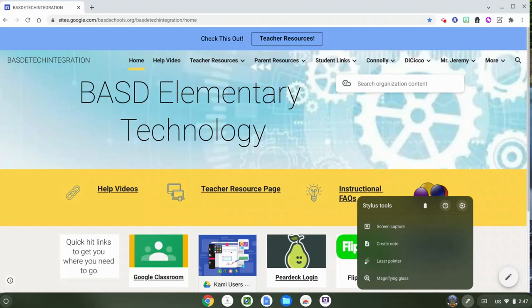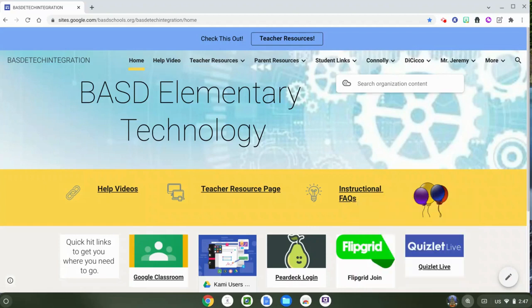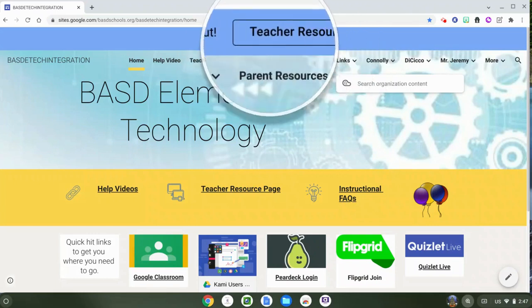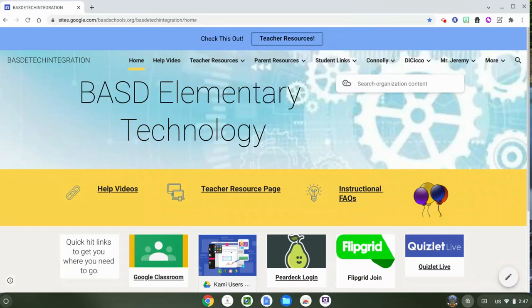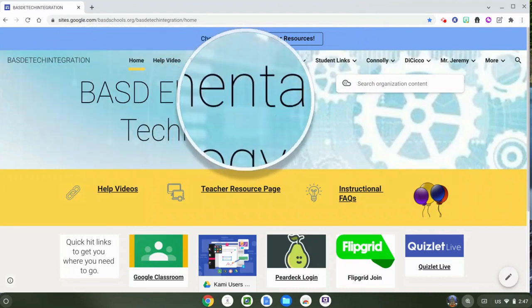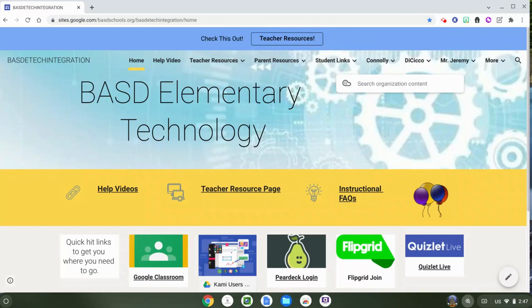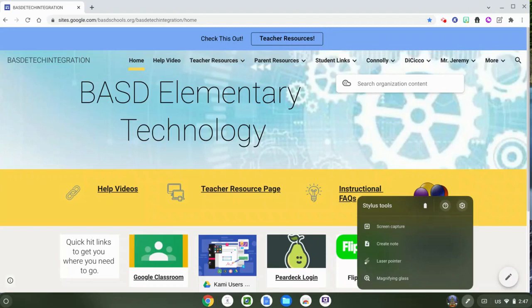Besides that, you have the magnifying glass. So let's say I want to go up to the top where it says Teacher Resources. Right here, Teacher Resources. So if you wanted to highlight something for your students and magnify it, you can do that. So let me just click here. The elementary, as you can see there. I'm going to click back at that same area, and if you use Google Keep, this will create a note